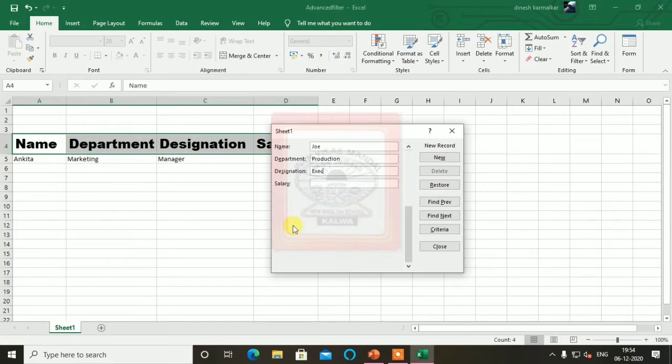Let's say sales executive. Salary I will take as 20,000.